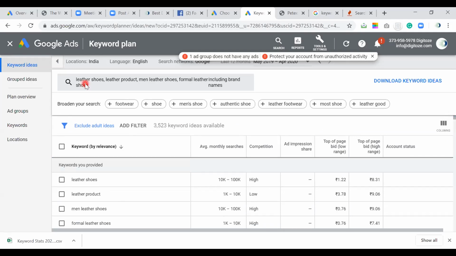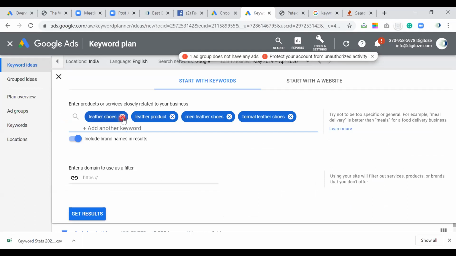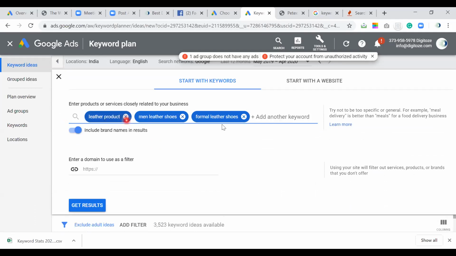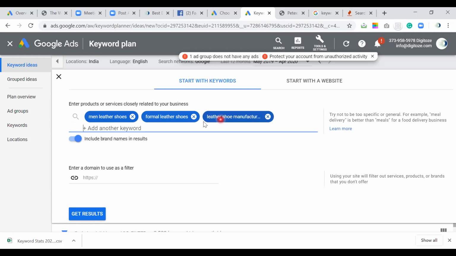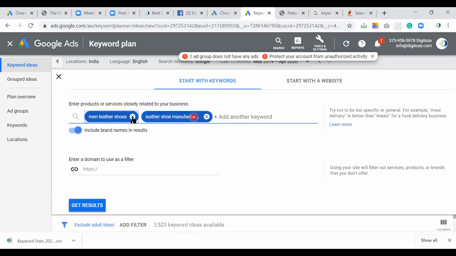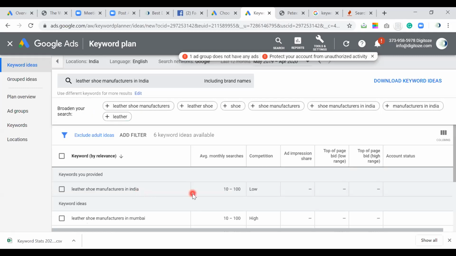Second important thing is, here we can actually remove these things and then put in leather shoe. I am searching for leather shoes manufacturer in India, and related to that, what kind of keywords Google is suggesting.